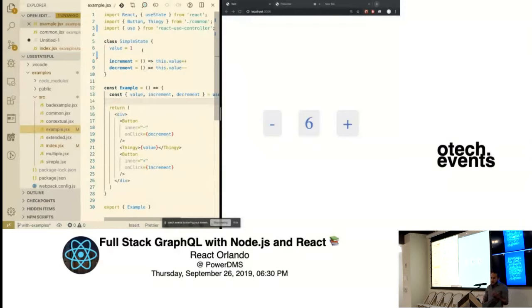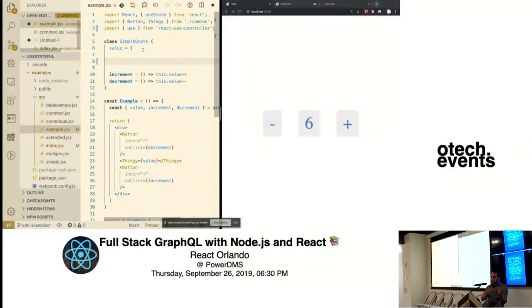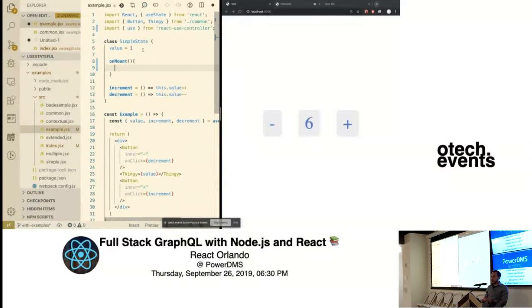But here's kind of an added bonus. Because it already has to do a bunch of setup to get you all the stuff to do this hookup, you actually get lifecycle too, right? Like when you have use effect and stuff, we can actually do this. So I can say on mount over here, and it's going to mount.